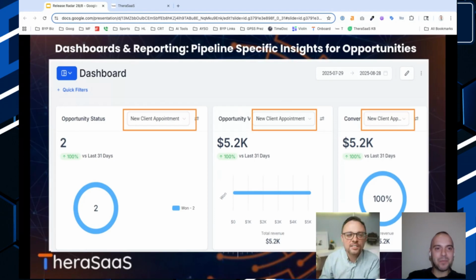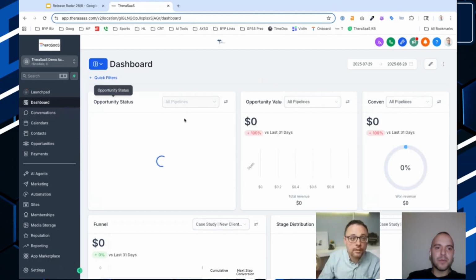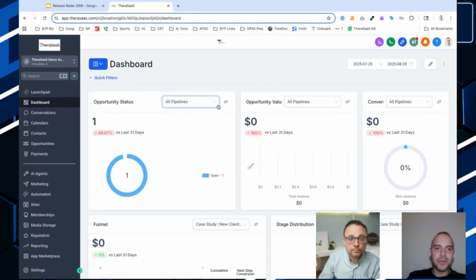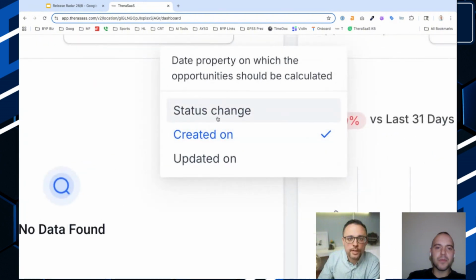Dashboard and reporting pipeline. All right. So this is a great update. So you can then select your different pipelines. A couple things I recommend when it comes to a dashboard. I'm going to go to my demo account here and let's go to the dashboard. Inside the demo account, two things I recommend is you can choose which dashboard you have, and then I would set it to created on instead of status change because it's going to update your numbers based